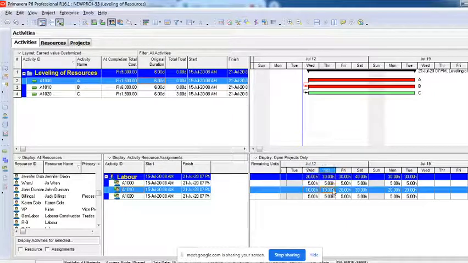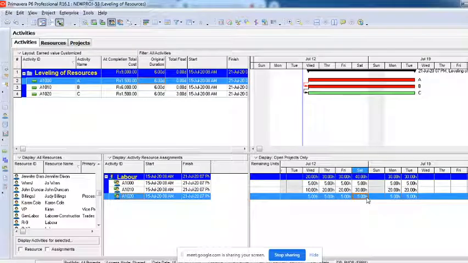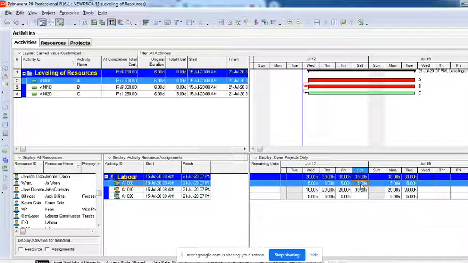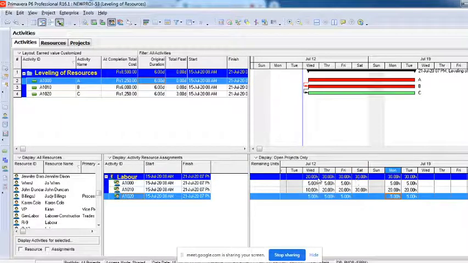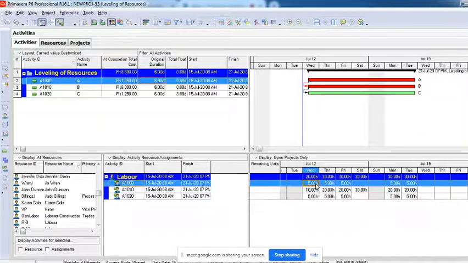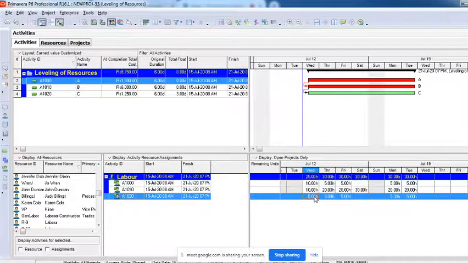Here it is 10 hours. On this here it is 20 hours, 20 hours, 20 hours. So 10 hours we have to compensate somewhere, and we are compensating it here. That means we have only one labor here, two here, two here, and one labor here. So every day the maximum, in fact we cannot give it here. I'll have to give 0 here. The maximum we have per day, in fact we can give 10 here.